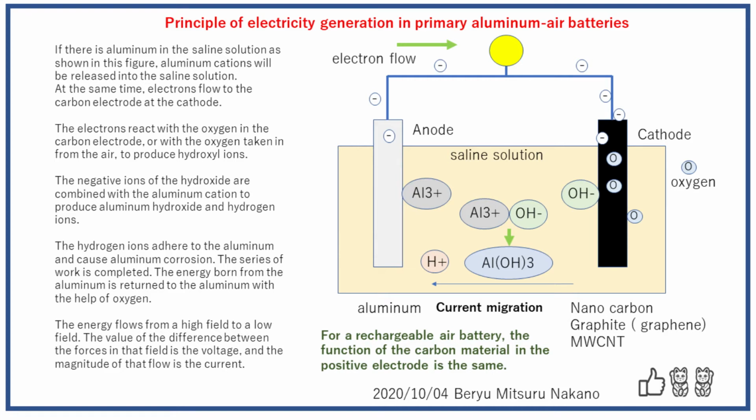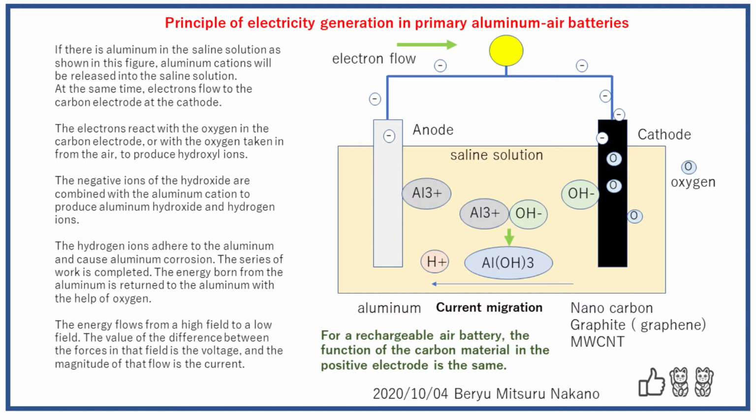Principle of electricity generation in primary aluminum air batteries. If there is aluminum in the saline solution as shown in this figure, aluminum cations will be released into the saline solution. At the same time, electrons flow to the carbon electrode at the cathode. The electrons react with the oxygen in the carbon electrode, or with the oxygen taken in from the air, to